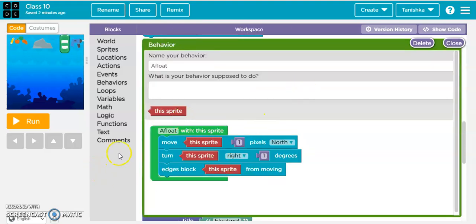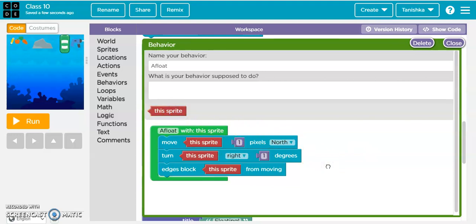I have named this behavior float. Move this sprite 1 pixel north, turn the sprite right by 1 degree, and edges block the sprite from moving. If I wanted, I could put the name like apple, but I used this sprite because then the code would only be usable for sprites named apple. With this sprite, it can be used for any sprite.